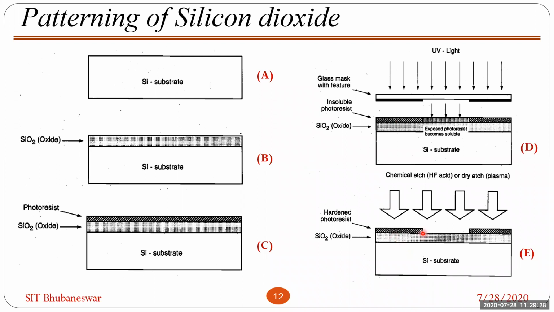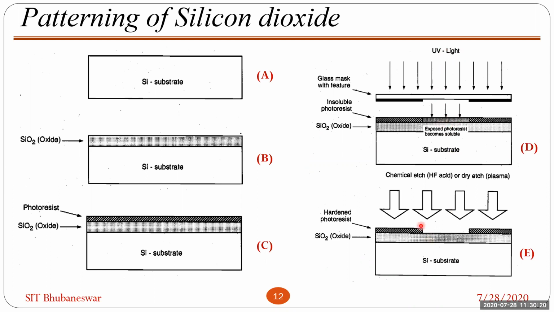Generally we want this part to be free. That's why first we will remove this photoresist, then we will try to remove this oxide part. This is the process, because we don't want to remove the left side or right side. That's why you put a photoresist, and we use the required type of mask so that only the light passes through that part. This is the transparent part. The light will fall on this photoresist through this, then it will be soluble, then we can easily remove this part by using some solvent.